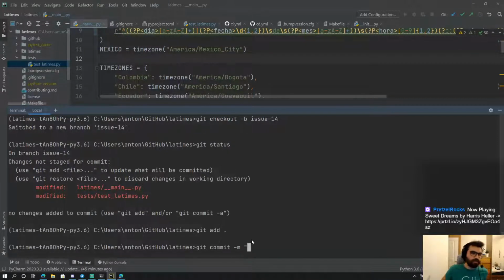Should we write the commit message in English, or should I write it in Spanish? Okay, let's just go all in. Let's just do everything in English. Add